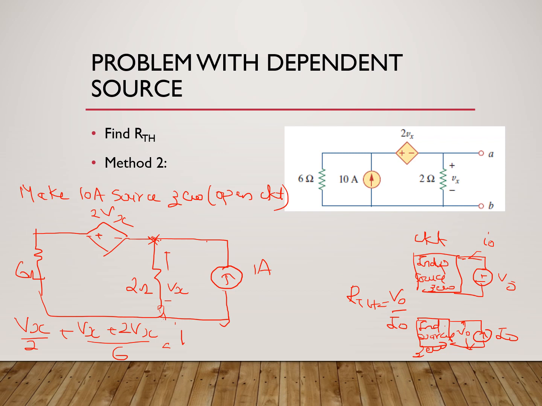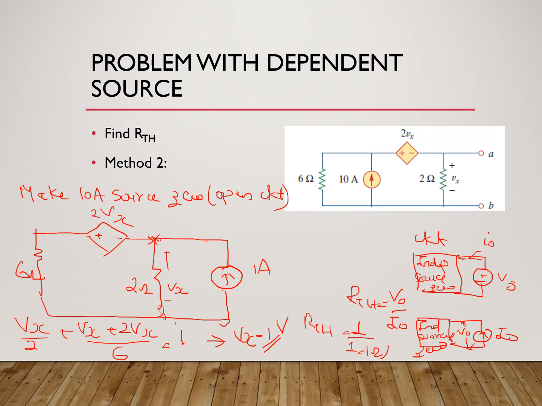1 ampere. So when I'm solving this, I'll get Vx by 2 plus 3Vx by 6 is equal to 1. And if you solve this, you get Vx is equal to 1 volt, right? So Vx is 1 and the current is 1 ampere. So what is RTH? RTH is going to be equal to 1 volt divided by 1 ampere, which is 1